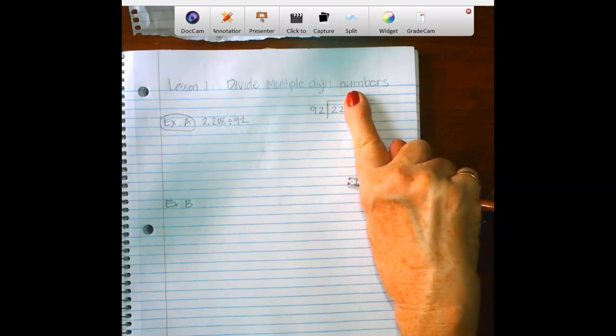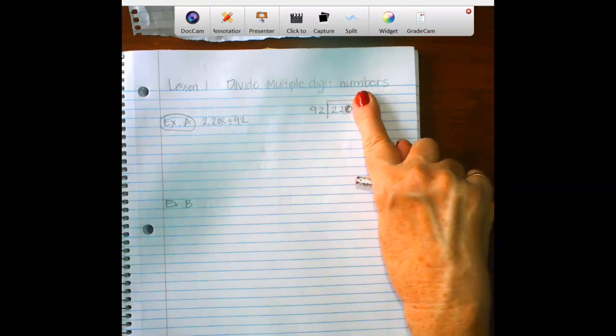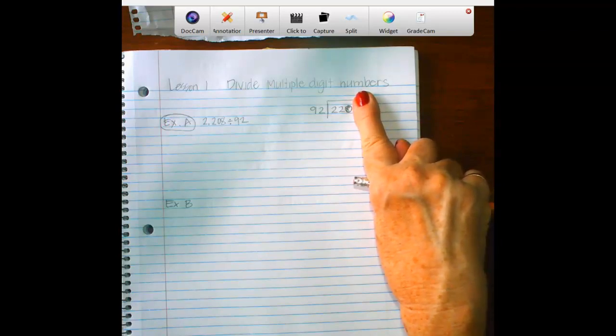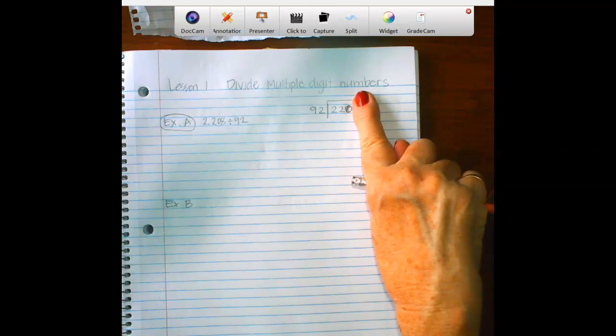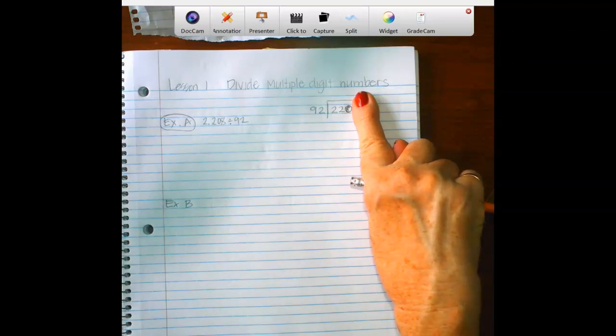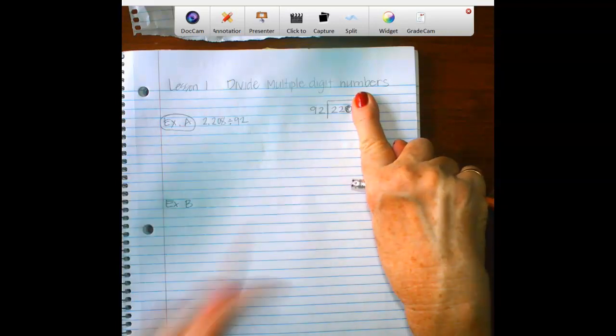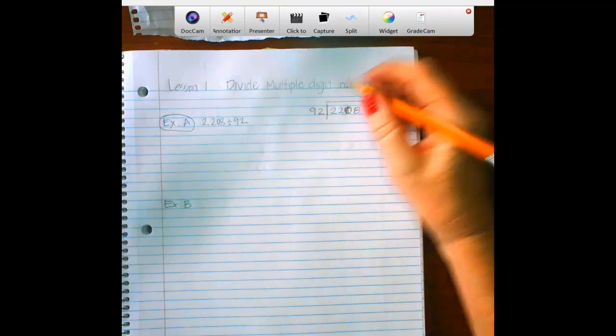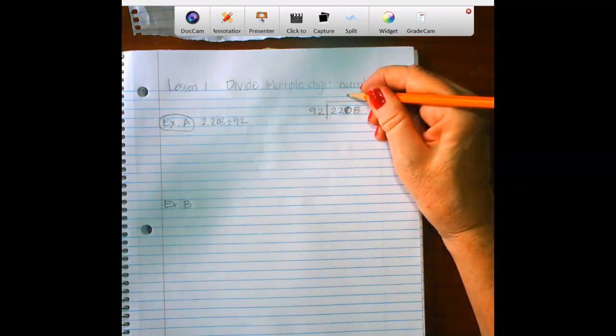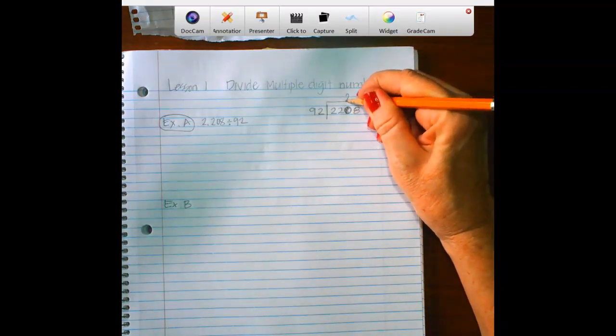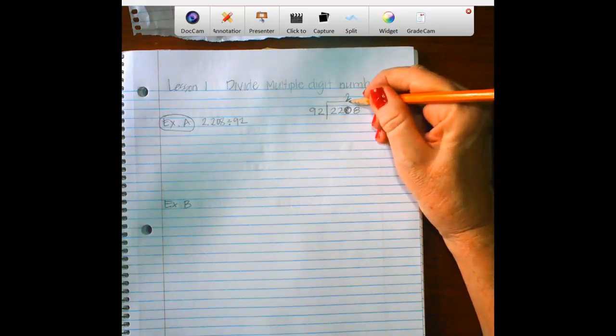It does not, because it's much larger. Will it go into 220? Yeah, it absolutely will. So within that, how many times does 92 go into the 220? I know it's not going to go in 3 times. That's going to be far too big. So let's try 2 times, because 9 times 2 would be 18. Okay. So being very careful that we are putting the beginning of our quotient above the tens place, and we